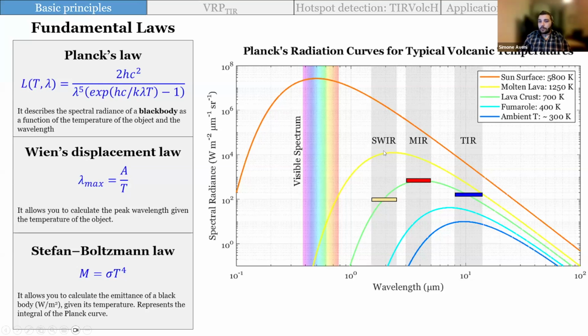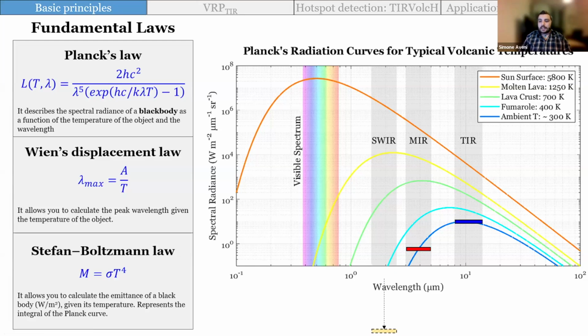If we go down to 700 Kelvin, we see the peak emission shift towards the mid-infrared, whilst we have a drastic drop in the shortwave infrared, and not much really has changed with the thermal infrared. And then when the temperature decreases once again, we get a drastic drop once again in the shortwave infrared, also a drop in the mid-infrared, but we start to see the thermal infrared kicking in. This is because we are approaching the peak wavelength of thermal infrared measurements.